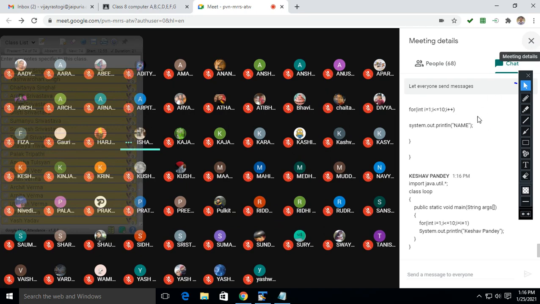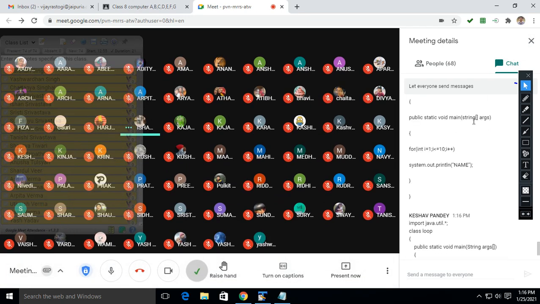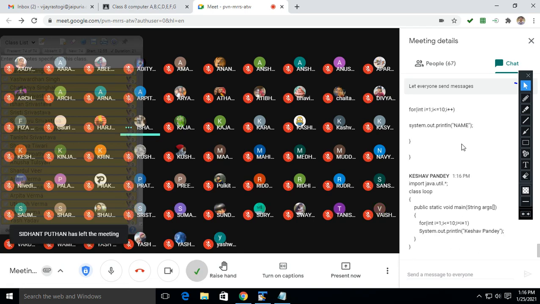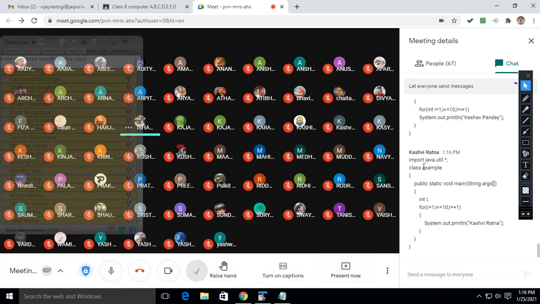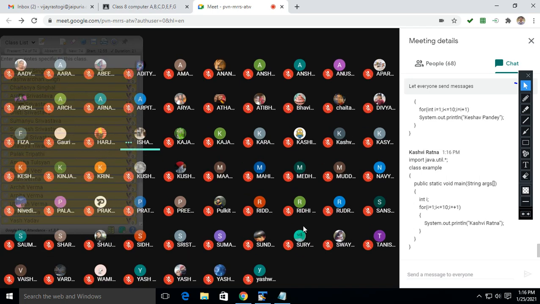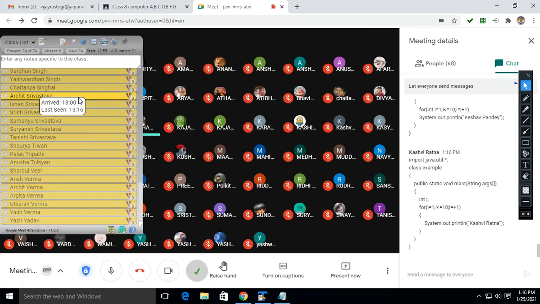Suryansh, in String args, S must be capital in String. Keshav Pandey, yours is absolutely fine, very good. Kashvi, your update expression is wrong: I plus equals 1 or I plus plus or I equals I plus 1. This is wrong, Kashvi. Getting my point?